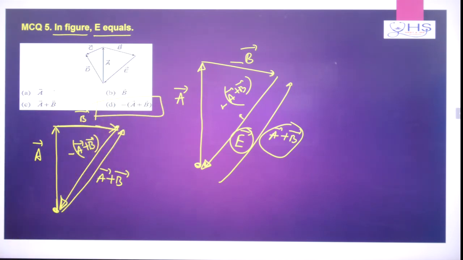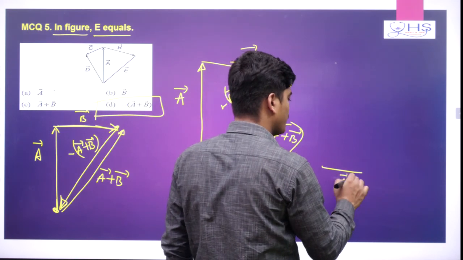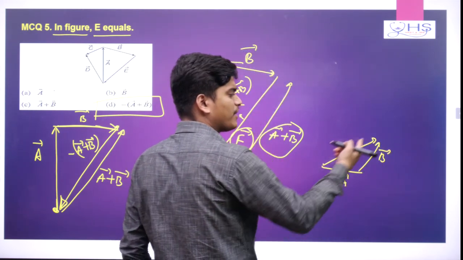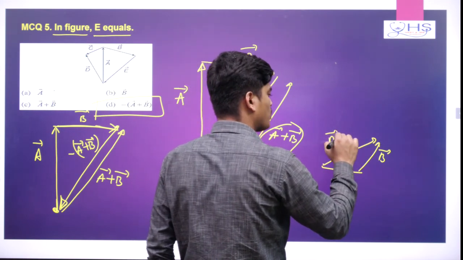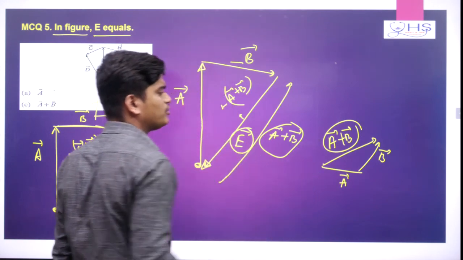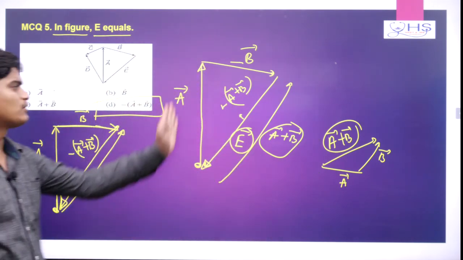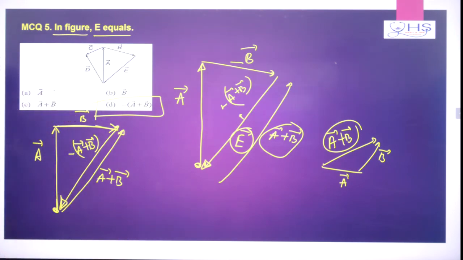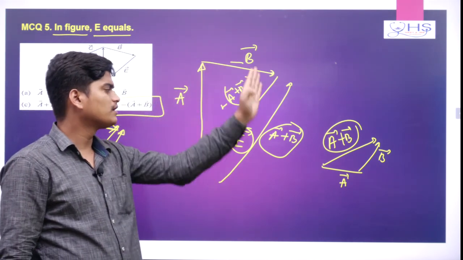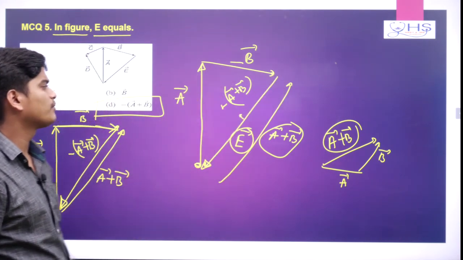Always remember, in vector addition we have told, if A vector is this way and B vector this way, then from the tail of the A vector to the head of the B vector is nothing but A vector plus B vector. But if we go in the opposite direction, that is minus A vector plus B vector. So E is that way, so that's why it is this one. And always remember, if three vectors are arranged like this, this one will definitely be the negative of the resultant of this A vector plus B vector.